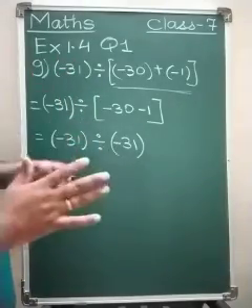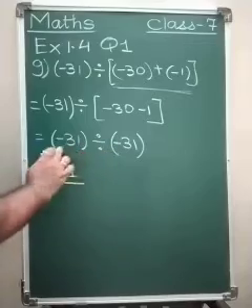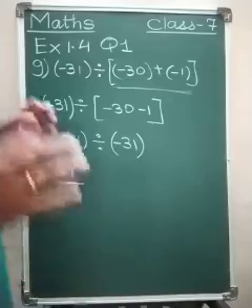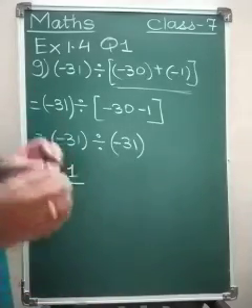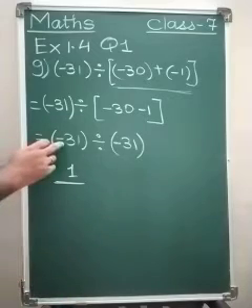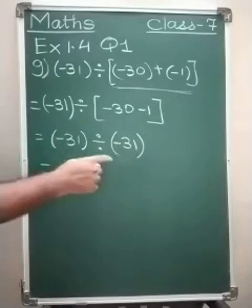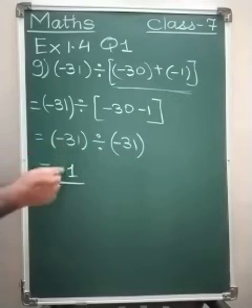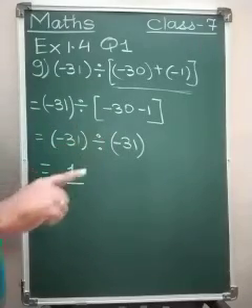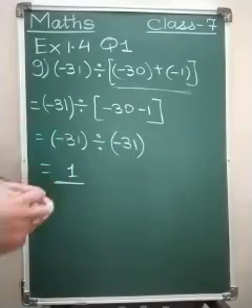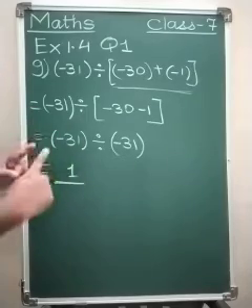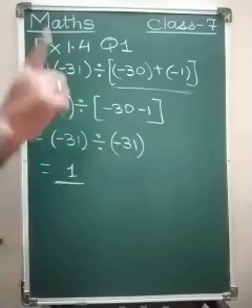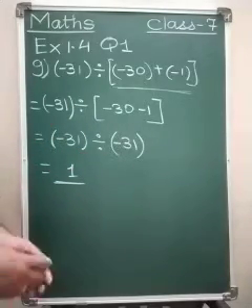You just have to keep in mind what is minus divided by minus and minus divided by plus. Two simple numbers, how we divide them, those numbers we have to divide. And if one is a negative integer and one is a positive integer, then our answer will have a negative sign, and if both are negative integers, then our answer will have a positive sign. The same goes for multiplication also. For multiplication, we multiply the numbers as whole numbers. If one is negative, one is positive, our answer will get a negative sign, and if both are negative, our answer will get a positive sign. Okay, let's move further.